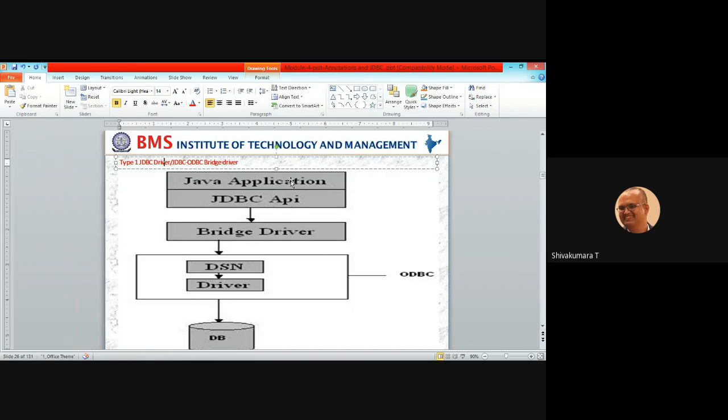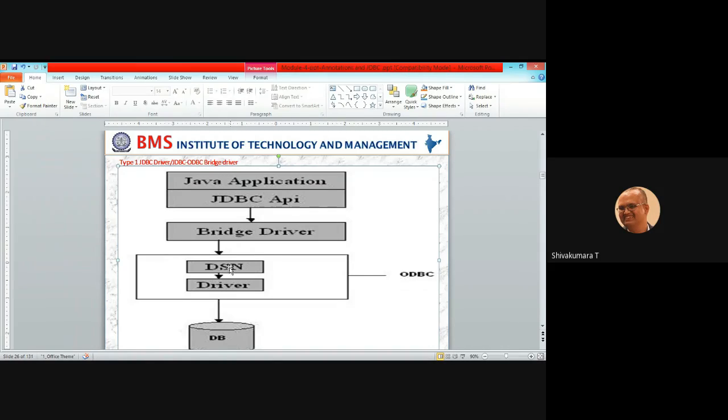First, the request comes from the Java application, then it uses the JDBC API. This is high level API statements. From high level to lower level, the bridge driver is used to convert. Then the lower level instruction will be redirected to the ODBC, open database connectivity, and it will check the data source name, DSN.